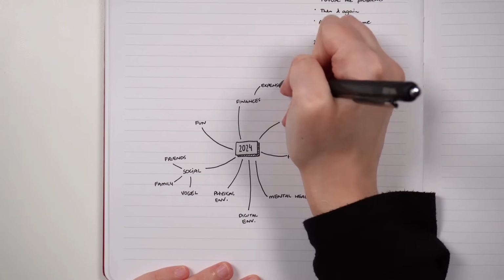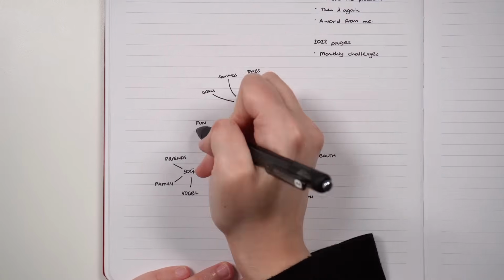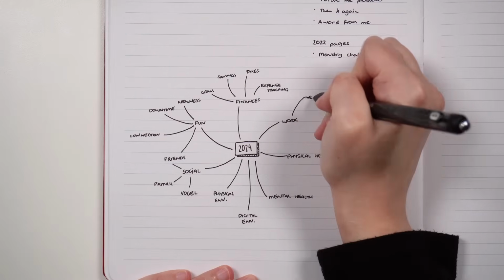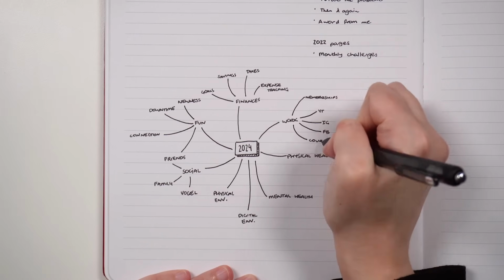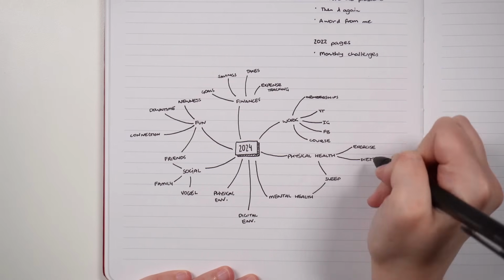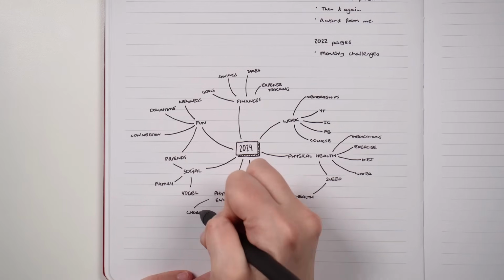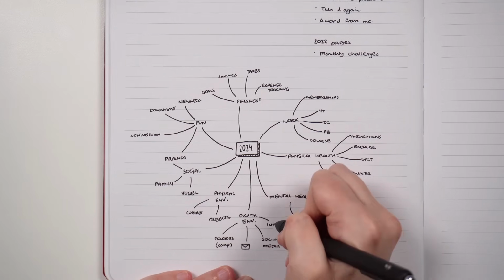When it comes to that brainstorming process, I'll either do it as a list, because it's nice and easy just to write one idea after the other, or I'll do it as a mind map, which makes it easier to connect ideas together. Either of these styles can be really useful, and I often will use both, mainly because they're suited for different things. The list is easier to write out, but doesn't necessarily allow one thought to flow onto another quite as easily, whereas a mind map really lets you link ideas and get deeper with things, but can be a little bit harder to use after the fact.